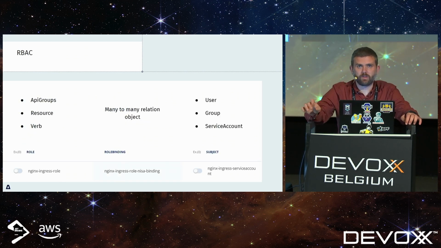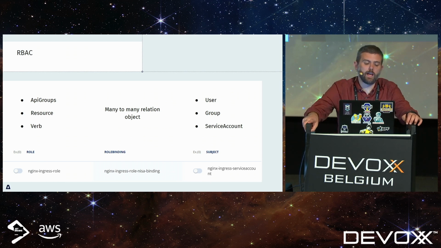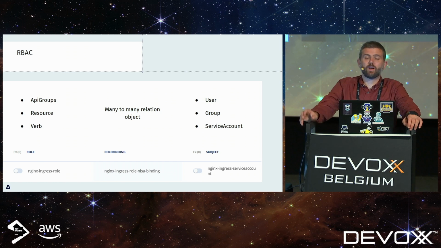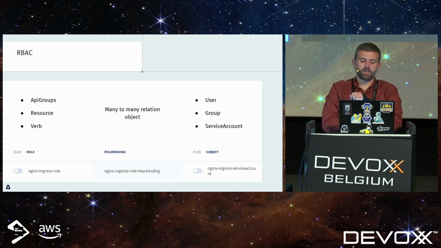So a few words about Kubernetes RBAC, which is the prevalent way of managing access control in Kubernetes. Actually, it's a way to, on the one hand, define roles, which are access rights to different paths. In the request, the path contains API group and resource names, for example, apps/v1 deployment. And the verb, which can be an HTTP word like get, put, post, delete, and so on. And you can define these roles and bind them using the role binding object